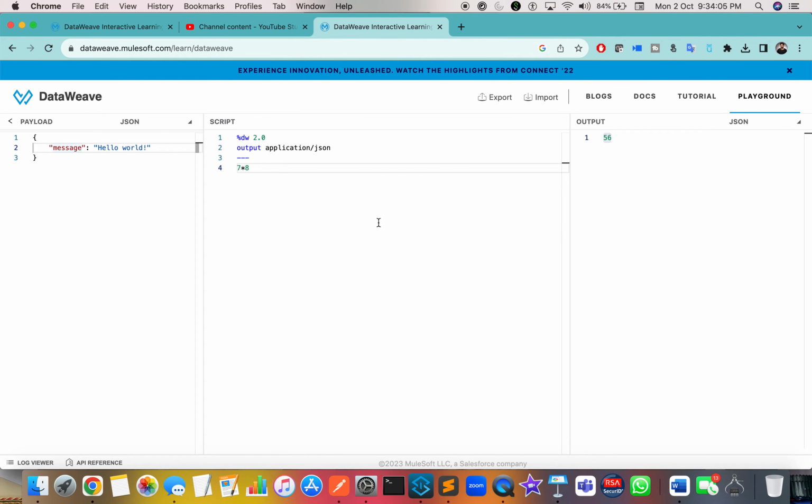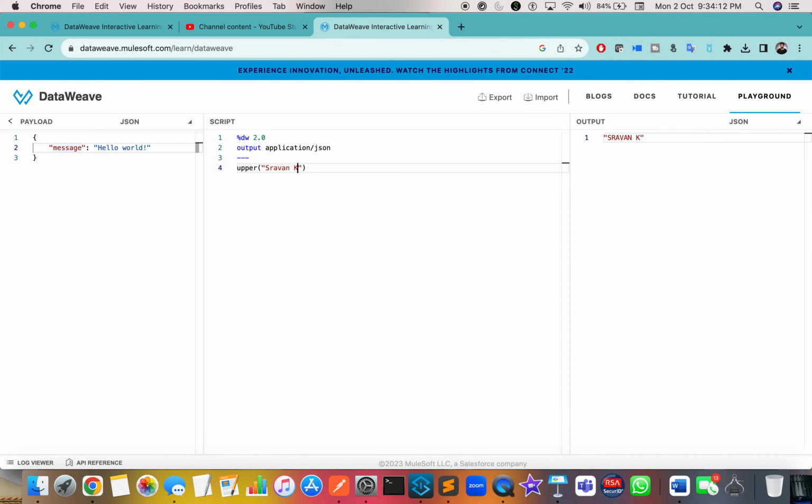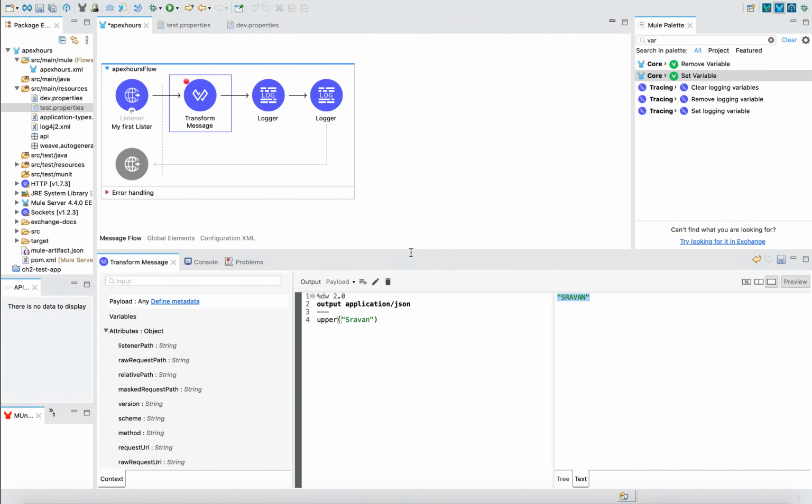So if you have any doubts in writing a syntax, for example, if you want to convert into upper like Sravan Lingam, it is converting. All this stuff you can make use of. This is really helpful for you when you don't know about the syntax, when you don't know how to write the syntax. Please make use of these two tools. I always prefer the online DataWeave tool. This was not there 2 years ago, when I taught the first session. This was not available. So coming back to our session,